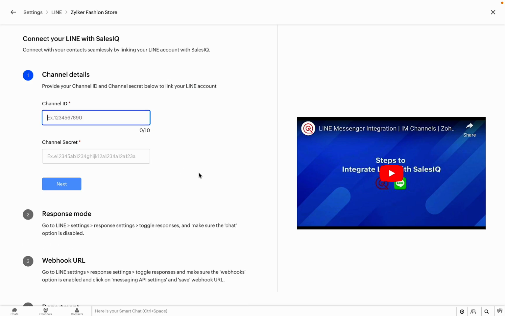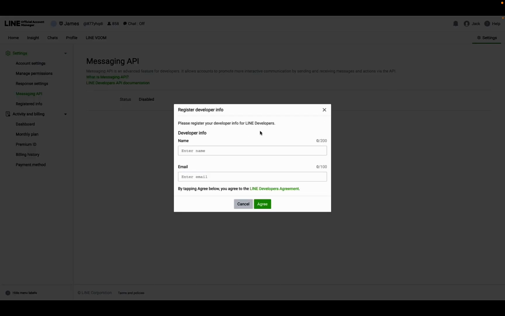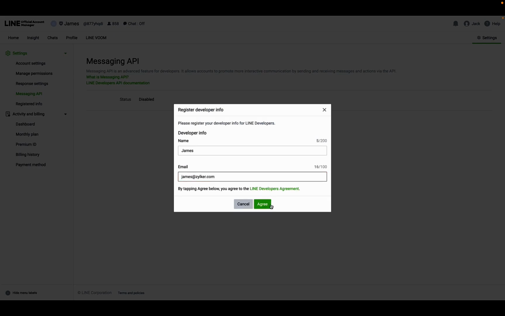So here you have the configurations for your Line account. First up, we need the channel ID and channel secret. For that, let's go to our Line account. Here under messaging API, you can enable the messaging API, add in the details, name, email, click on agree,